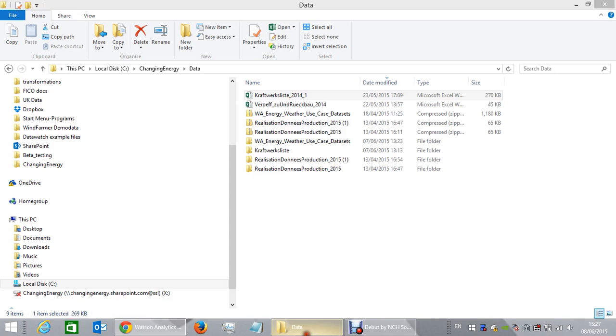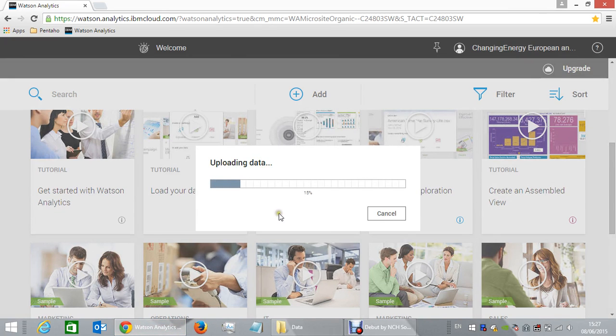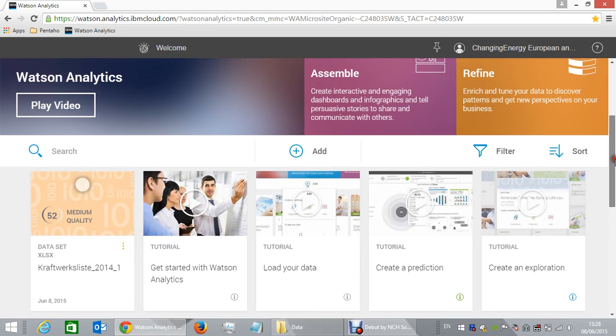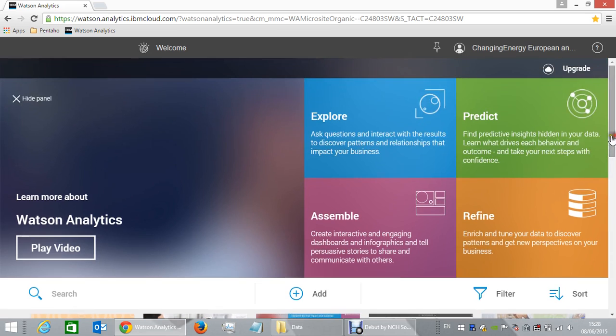Start off by adding your data source. In our case we've got data from the German energy regulator BNetzA. And you can see when it gets loaded into IBM Watson, the data is of medium quality, which isn't ideal, but for the purposes of this video it's sufficient. So you can either double click here or click here